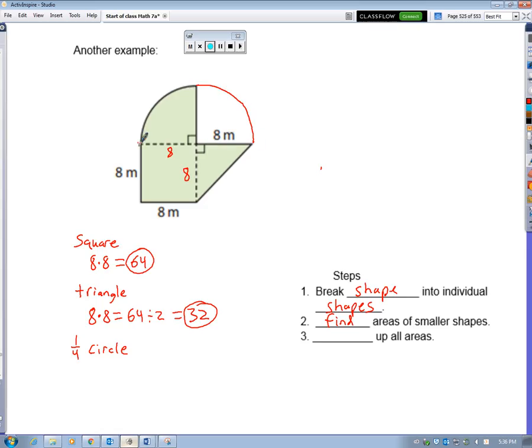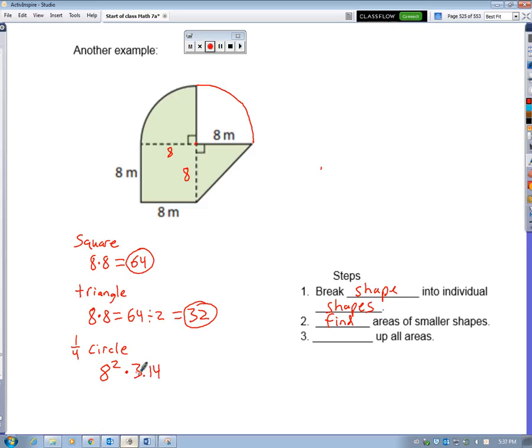So what we actually have right here, here's the center. Like if we were going to make this a complete circle, that would be the center. So we actually have the radius right there given to us. The radius is 8 for this circle. Alright, and that's exactly what we need for our circle formula for area, because our formula reads the radius, which is 8, to the power of 2 times pi, which is 3.14, and that's going to get us the area